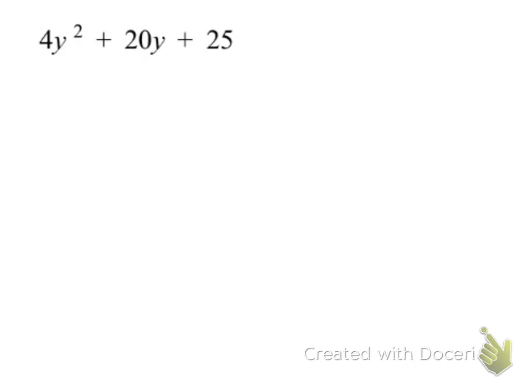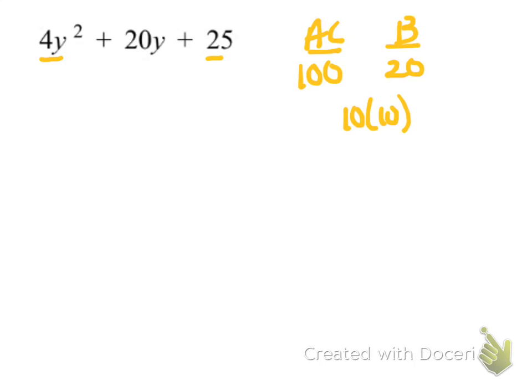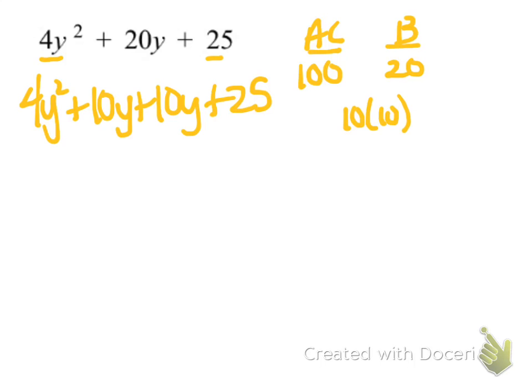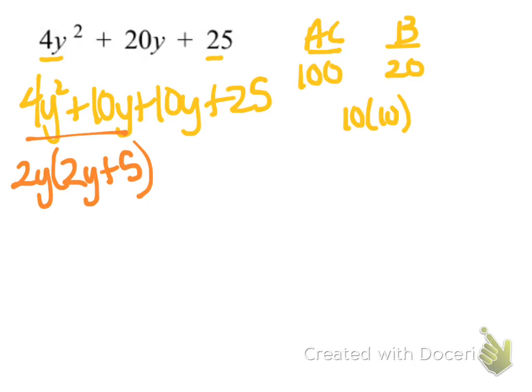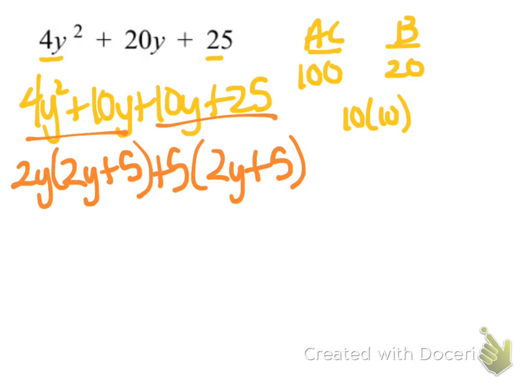And then finally, if you recognize that the 4 is a perfect square and the 25 is a perfect square, you can multiply and add those square roots together to get the middle term. But if you don't, your a times c is 100, your b is 20, so 10 times 10 and 10 plus 10. You can still do this the way we've been doing all of them. Break apart your middle term, factor what you can out of the first two terms, factor what you can out of the last two terms,